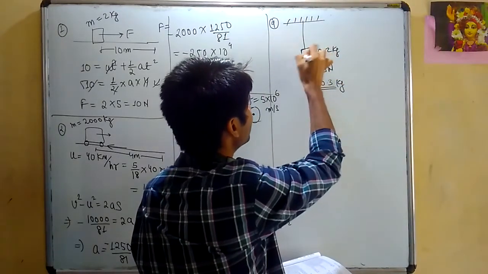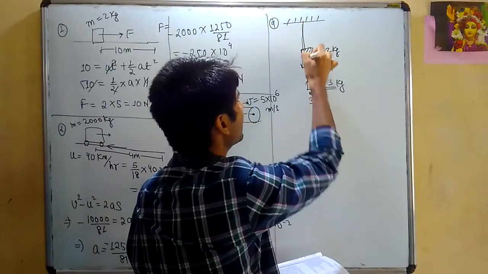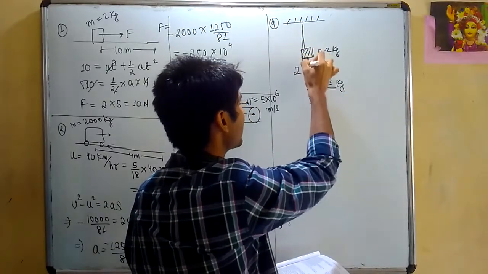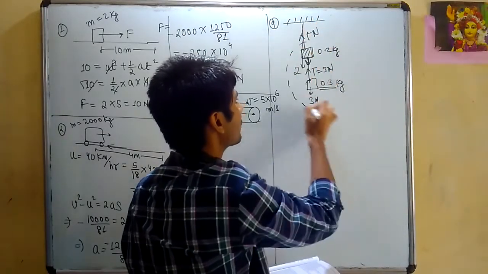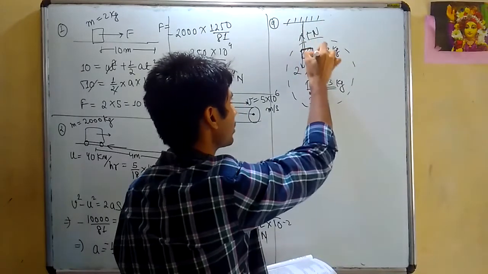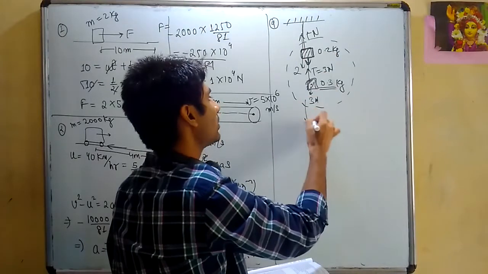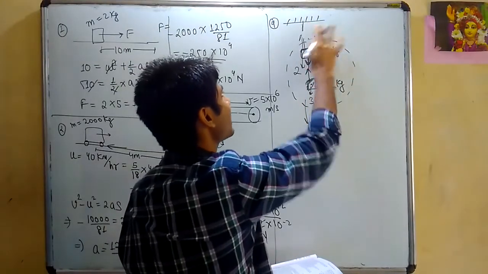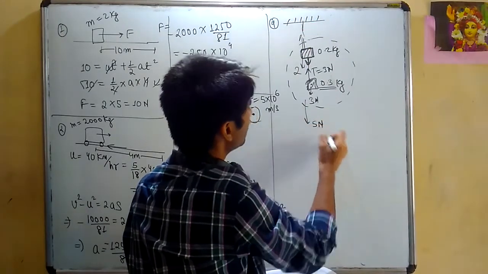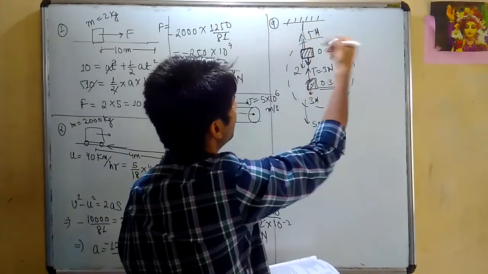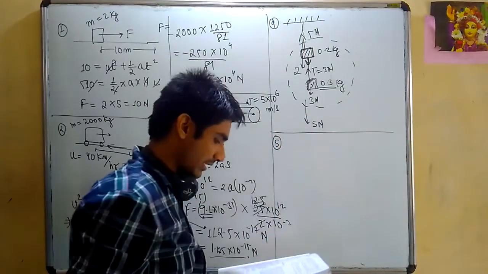If I want to find the tension here, I draw the FBD of this block: the downward force is 2 and the tension is also acting in the downward direction, that is 3. So here the tension should be 5 newton. I could have solved this using the concept of system as well. The total weight of the blocks will be 2 plus 3, 5 newton downward. So the tension here should be 5 newton. Both the methods are equally well applicable in this particular problem.